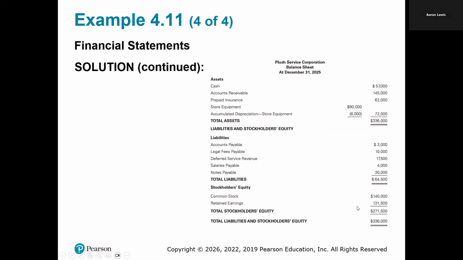You want another way to conceptualize what total stockholders' equity is? It's how much money would be there to be distributed to shareholders if the company converted all its assets to cash, paid off all its creditors, the liabilities they owed them, and then distributed every penny that was left over to the existing shareholders. So with your balance sheet here, you would be ready to make your statement of cash